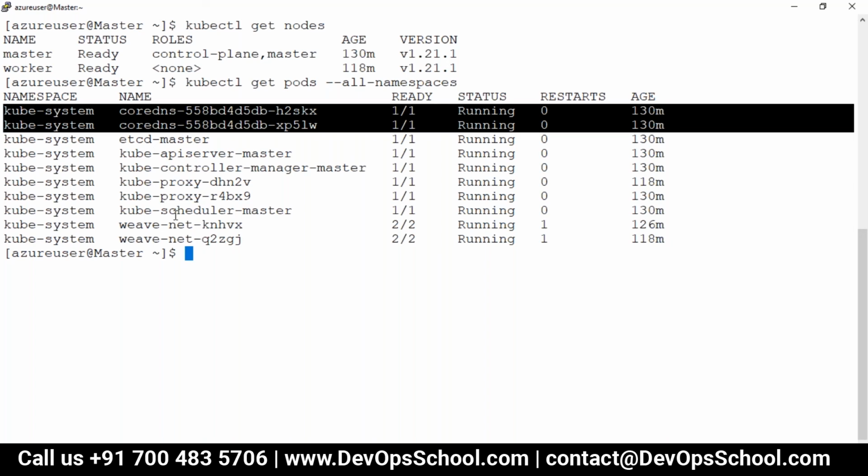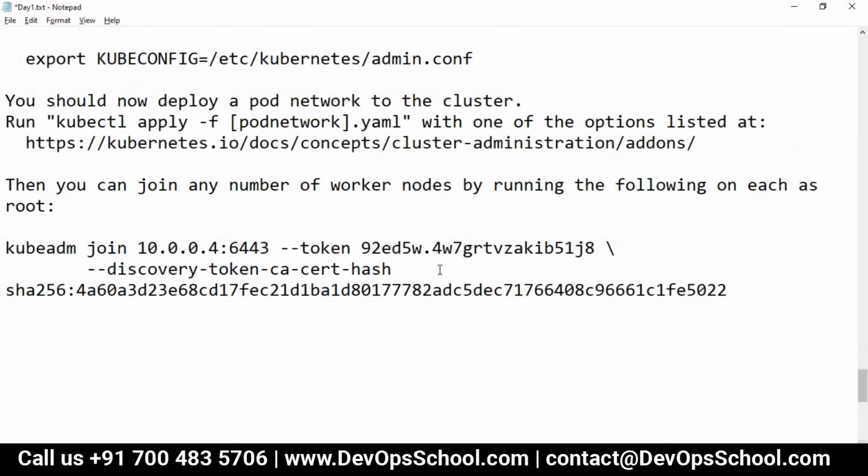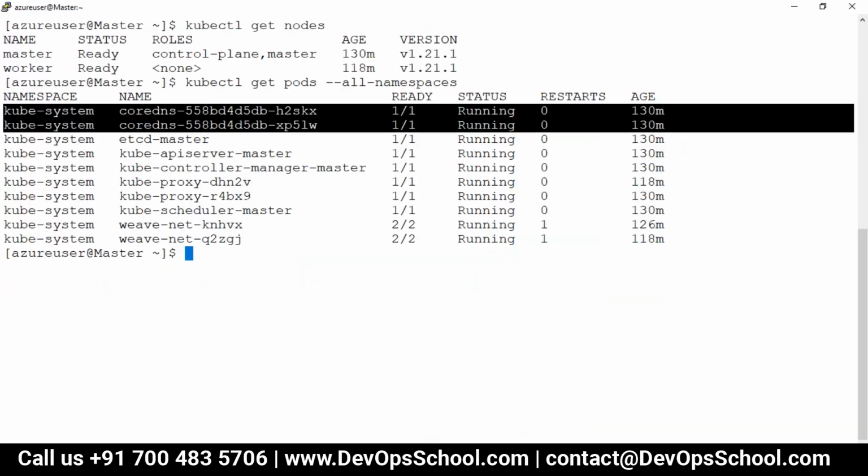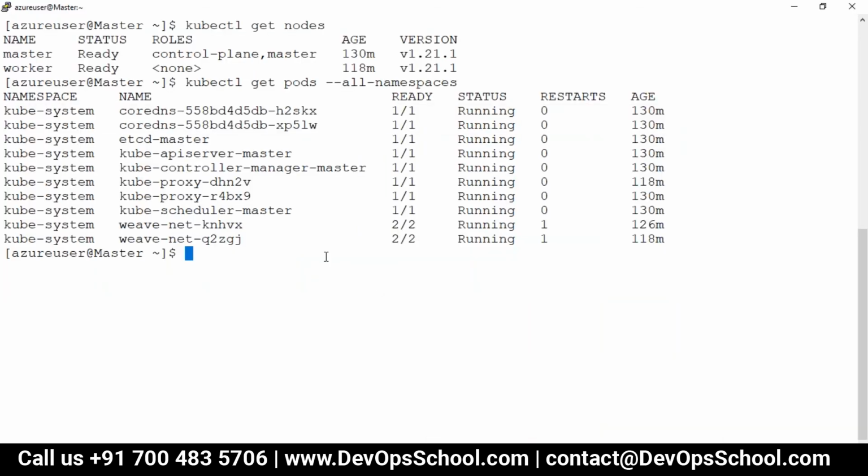Yeah, more questions, guys? Yeah, Rajesh, if this token expires and I now want to add a worker, how do I generate this token again? Wonderful. You can go to the master server as administrator. I'm in a master server. My white screen is the master, but it is also a worker. But I must tell you here, Azure user is a workstation and sudo -s is the master. That is how.